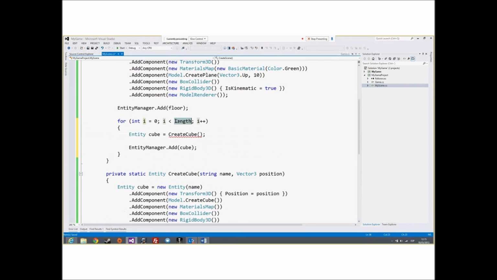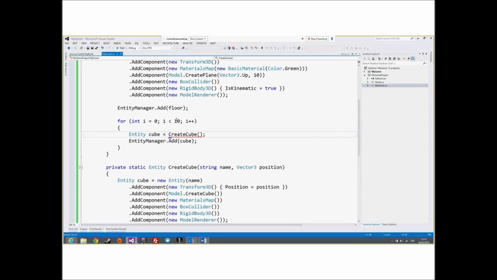For example, I'm going to create 10 cubes, and we need to pass the name. The name will be cube plus index, and the position will be, for the x-axis, 4 plus index, 1 for the y-axis and 0.